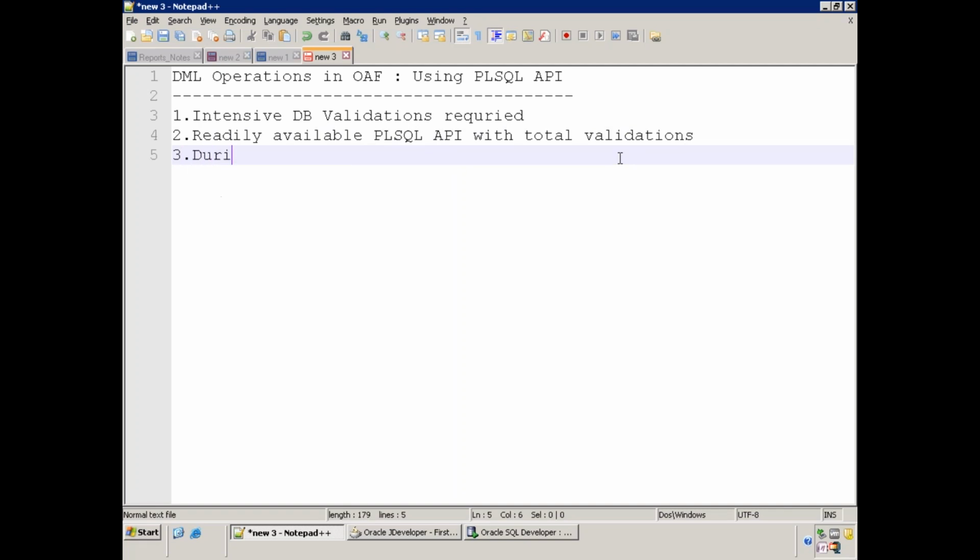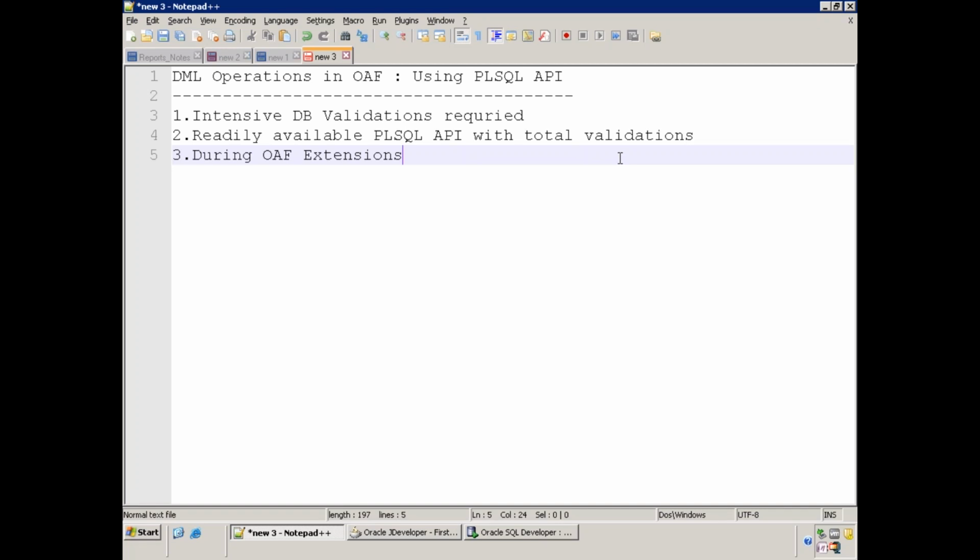Or during OAF extensions, when you are working on an OAF extension like a CO extension or VO extension, if you want to perform some validations, we prefer to call the PL/SQL rather than writing new VOs, performing a substitution, or those kinds of things.